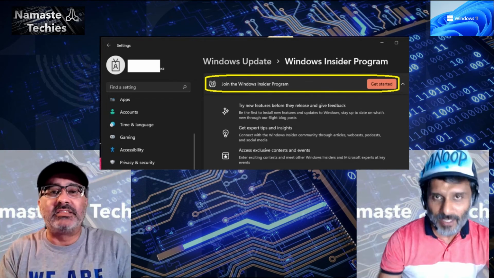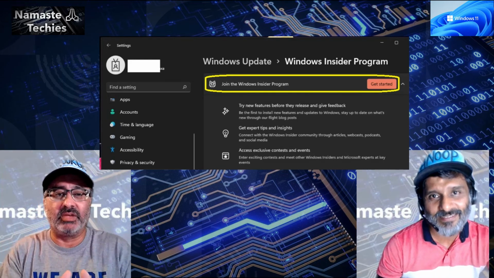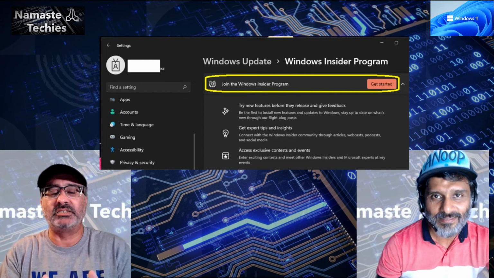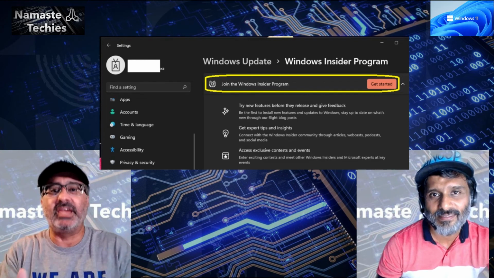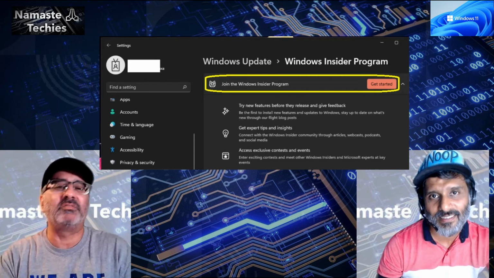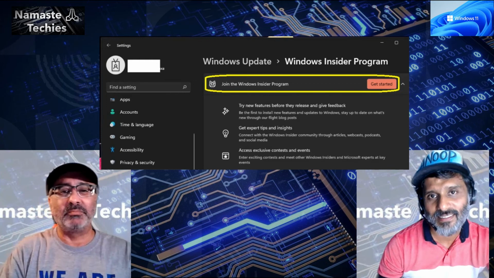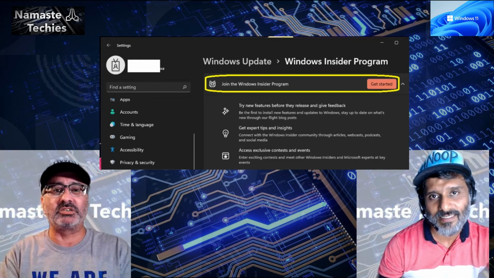And honestly, the only way to really get the feel and learn about the new things is using it day in and day out. If you put it in a VM, you have to fire up the VM. You may check it, you may not check it, whatever. But if you're using it day to day to do your production stuff,